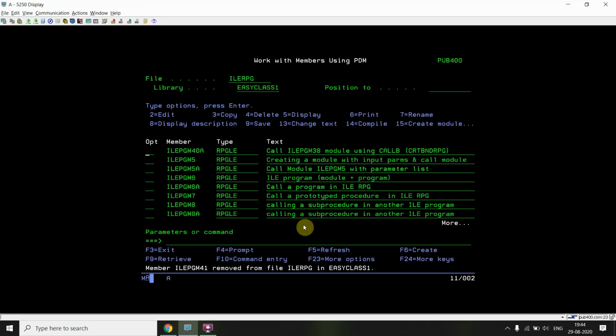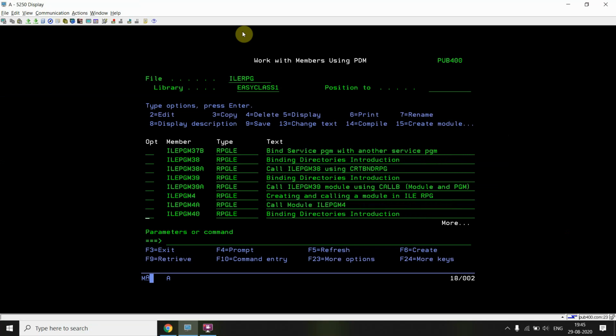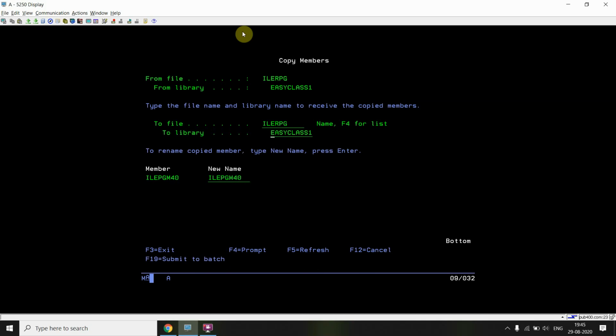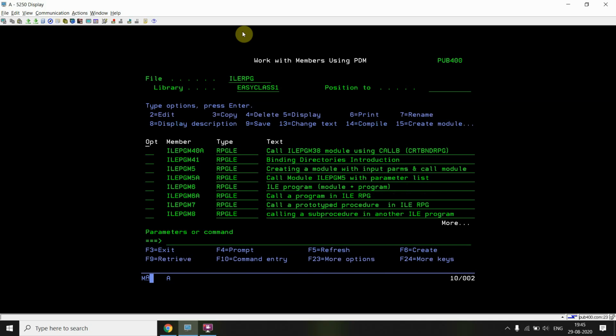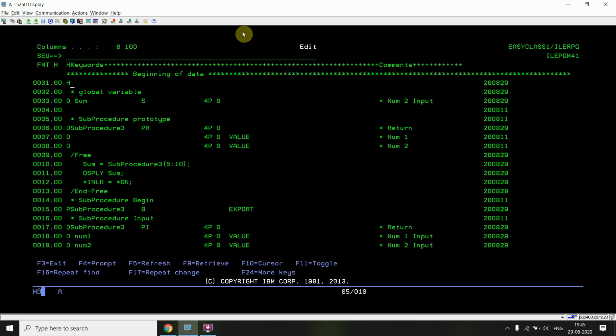So let's create the examples. For example, I'll be creating multiple modules. So just copy the existing module source member. What I'll be doing, I'll be creating the no main module.